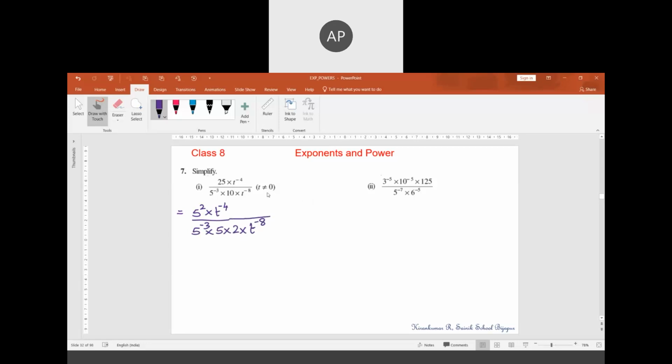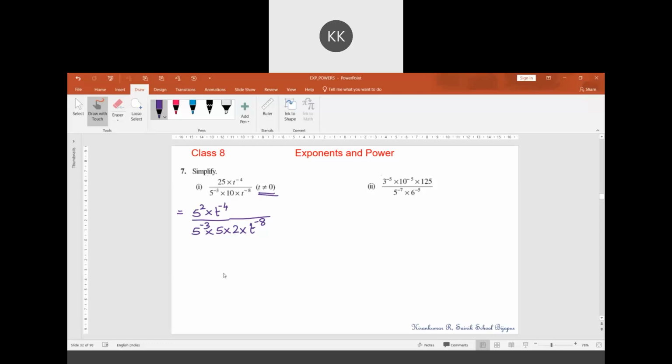Observe the question, they have given t not equal to 0. Why did they give this? Because when we multiply 0 so much times also we'll get only 0, sir. Okay. Still, that's not the reason why they have given this t not equal to 0. What could be the reason? Sir, a rational number is p by q, q is never equal to 0. Yeah, very good. Denominator should not be 0. If 0 is there here, 0 raised to the power minus 8 is 0. But 0 should not be there in the denominator. That's the reason why they mentioned t not equal to 0.